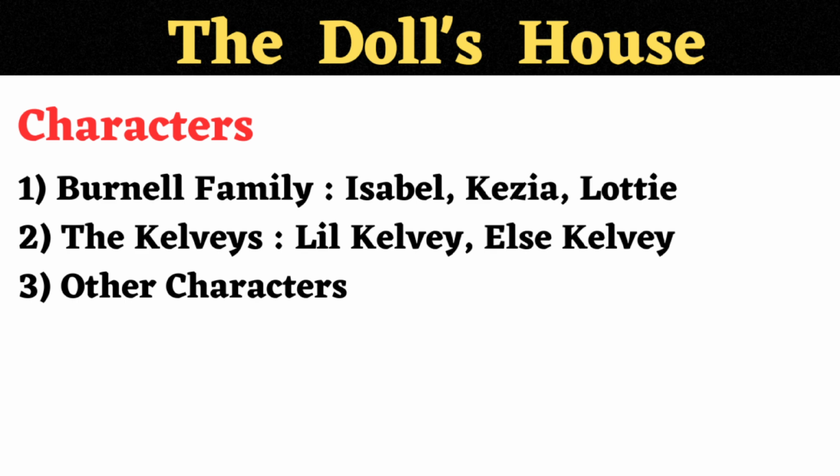The third important theme is symbolism. The doll's house symbolizes the wealth and privilege of the Burnells, while the little lamp symbolizes hope, warmth, and the small acts of kindness that can bridge social divides. The last important theme is childhood cruelty. The behavior of the children towards the Kelvys reflects the learned prejudices of their parents, showing how societal attitudes are